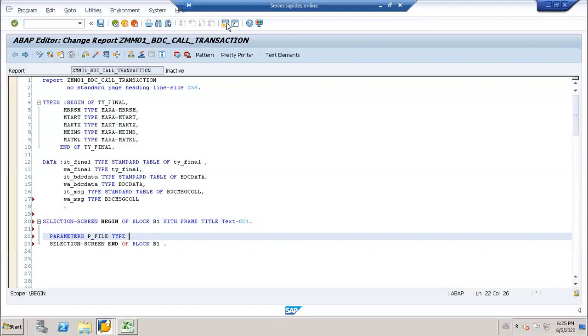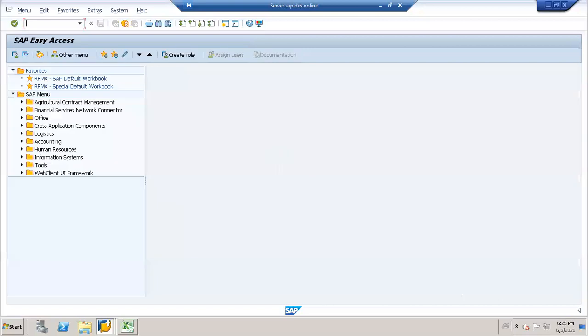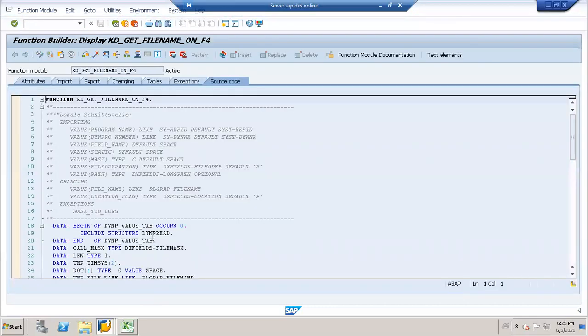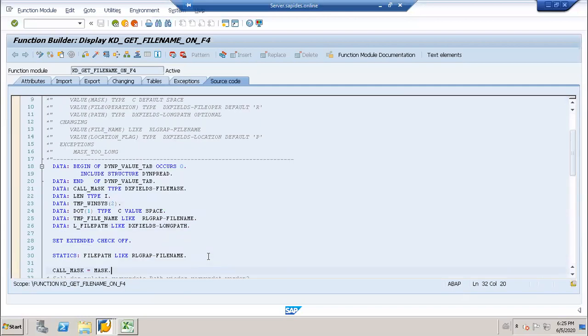So there is a function module, okay. So if you go to C37, this is the function module name, okay. So I have to take a type of file this.